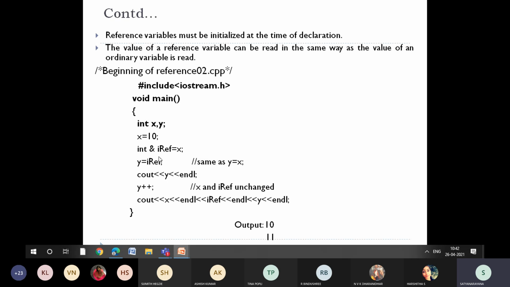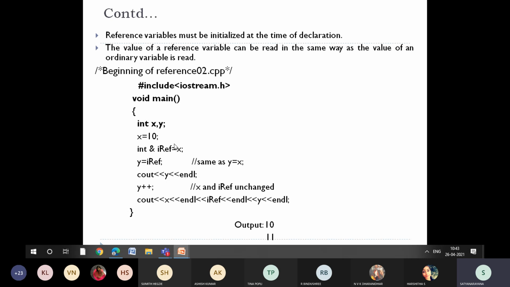So the main motto of writing this program is, initially we have taken variables called x and y. I have assigned the x value with 10. I have created a reference variable for x. For this reference variable, I am assigning the value to y. So you need to understand that reference variables can also be assigned to other variables if required in the program. So now the reference variable has been assigned to a variable called y, and I'm just printing the y value. So as usual, I'm incrementing y plus plus. I mean the y value has been incremented.